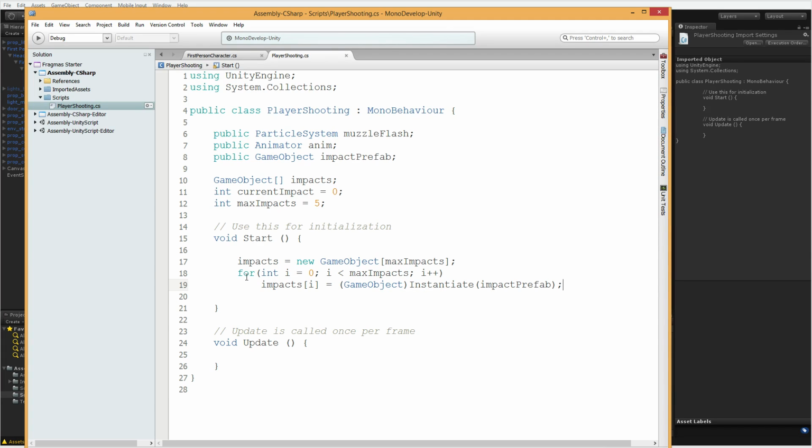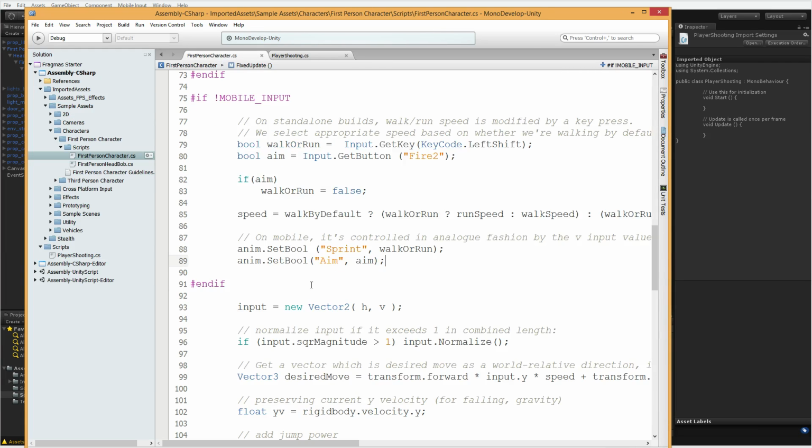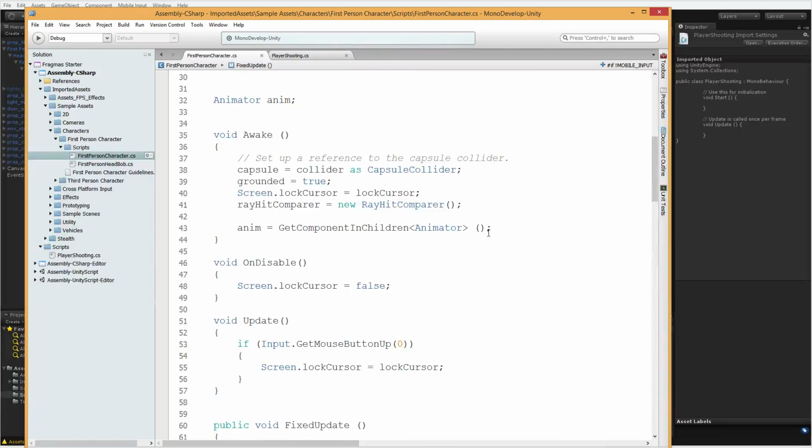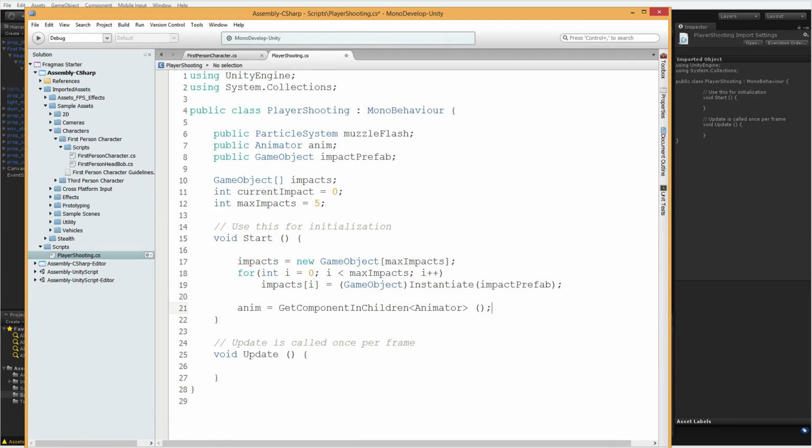Now I don't need to get component animator because I can click and drag it here. If I did it once, I'm just going to do it again here. Removing editor dependencies, going off script. There's no way this can come back to bite me. And so what I'm going to do is get component in children animator again. That way I don't have to click and drag in the scene. We'll just remove the public, so there's no more clutter. That was the wrong one. Animator. There we go. All right, and so now we have our animator component.